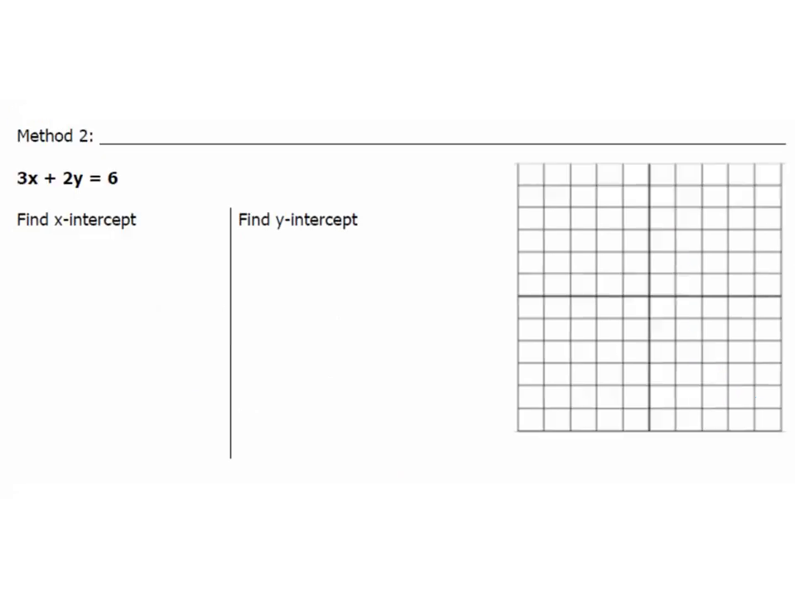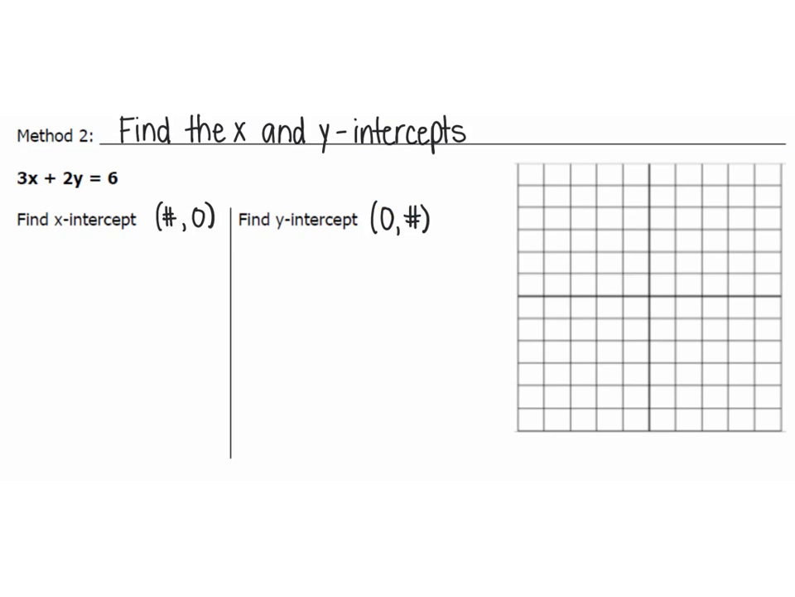Our second method involves using the equation to find the x and the y-intercepts. To do this, we need to recognize that all intercepts have something in common. They all have zeros in them. If it's an x-intercept, the y value will be 0, and if it's a y-intercept, the x value will be 0. So in order to find the x-intercept, all we need to do is sub 0 in for our y